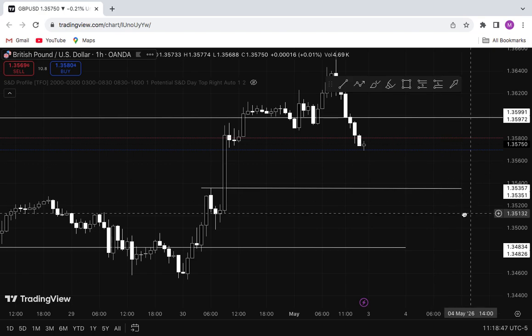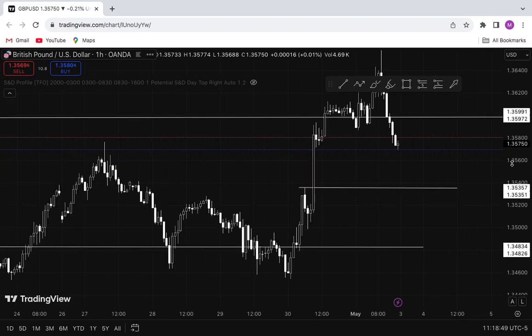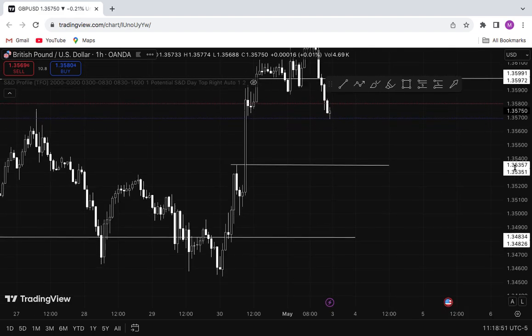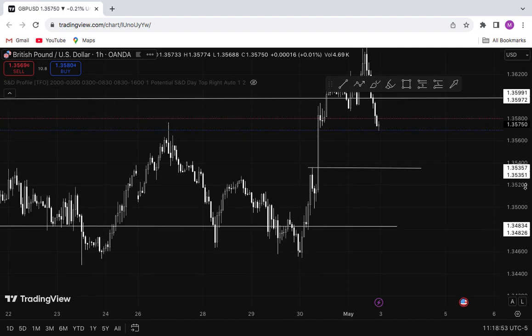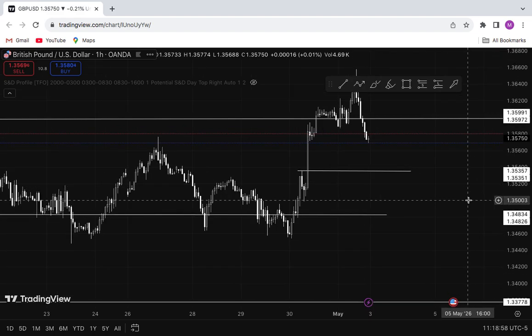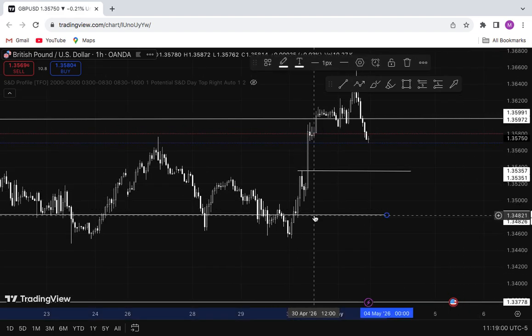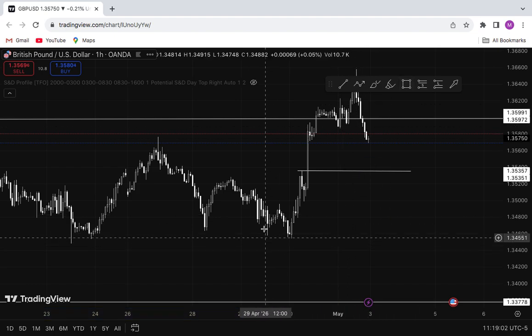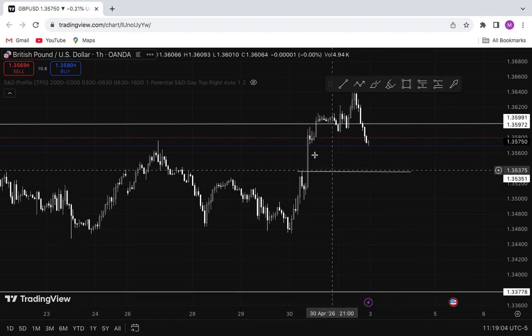We keep the chart very clean, no too much complicated lines on the chart, just maybe 1, 2, or 3 lines on your chart. Make your chart look clean and unique, and then you just look at how price is gonna react on your key levels. So this is what I'm expecting.